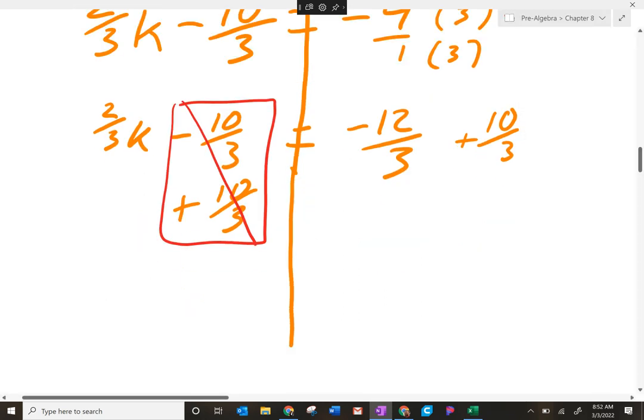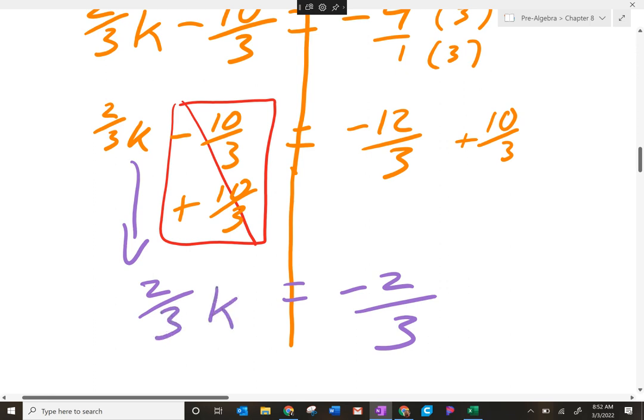For this one, I put on the side just so I can show you how we can add these real easy. If they have the same bottom number, can we add and subtract them like normal? Yes. If it's the same bottom number, we most certainly can. So it will keep the same bottom number for our final answer. All we have to worry about is just the top number. So what is negative 12 plus 10? Negative 2. I got negative 2 is my top number. My bottom number is not going to change from a 3. And then this part, I'm going to bring straight down. I get 2 over 3